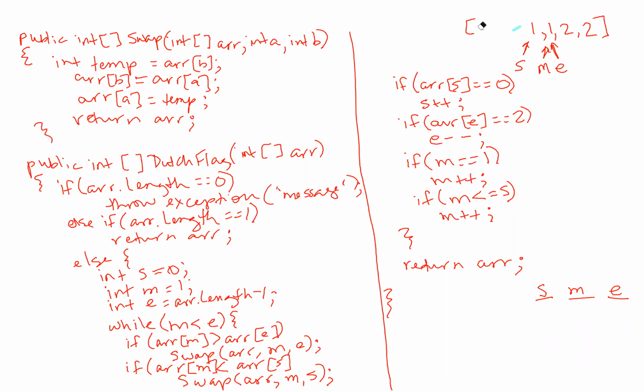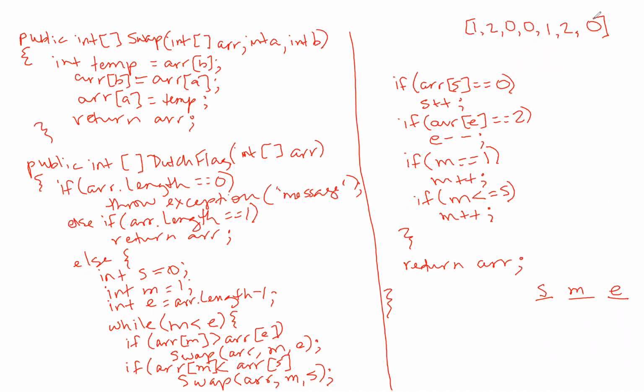We'll get some new numbers in there just to make sure it's working. I'll put a 1, 2, 0, 0, 1, 2,